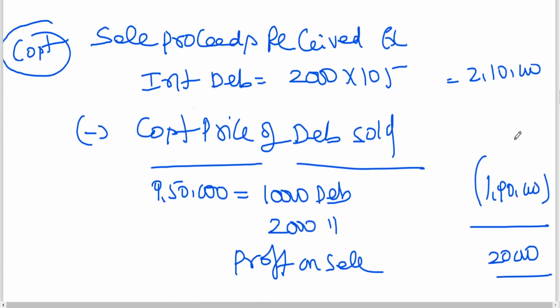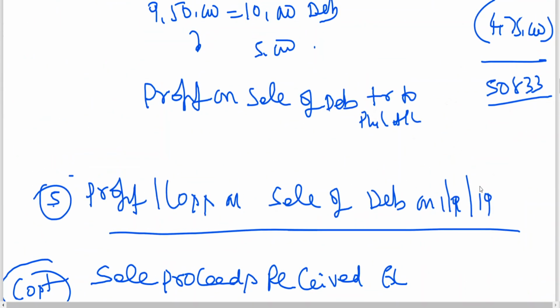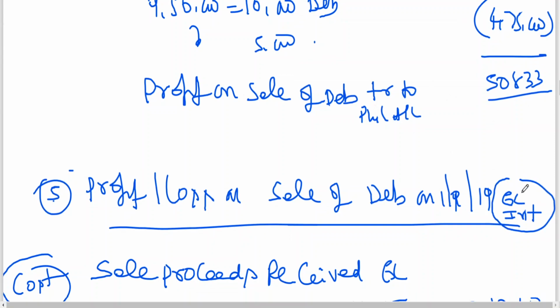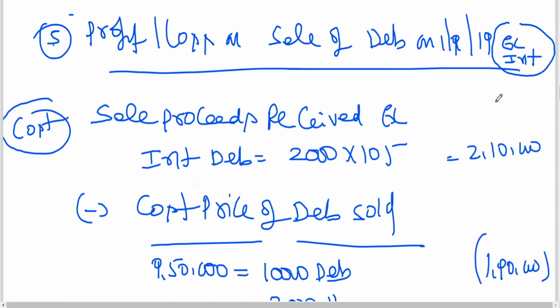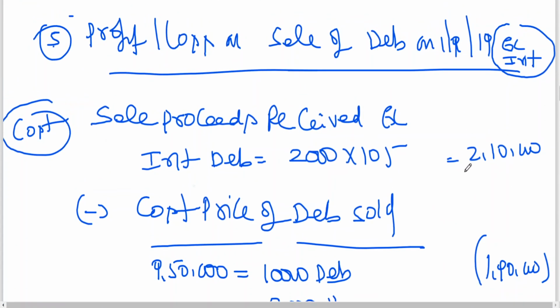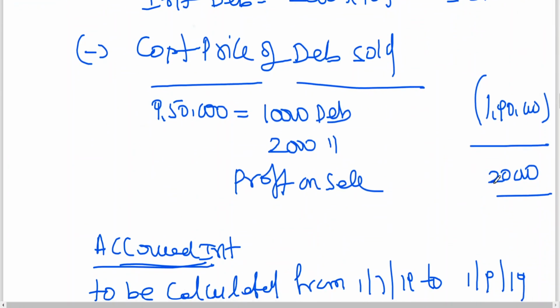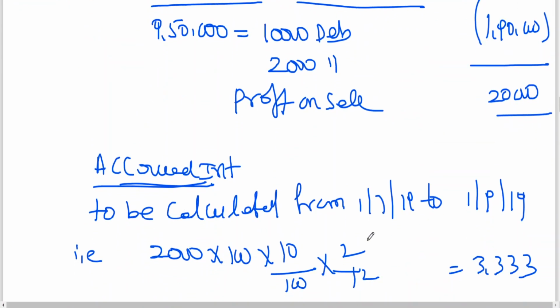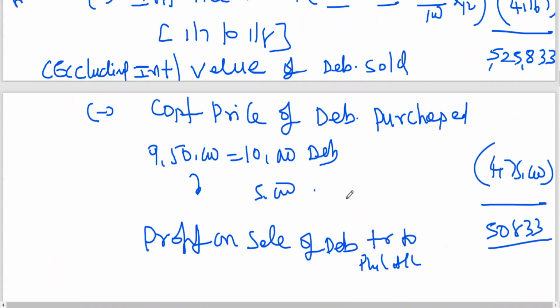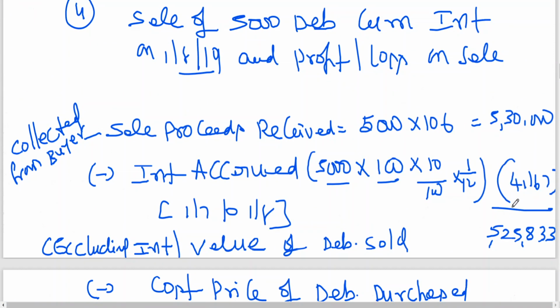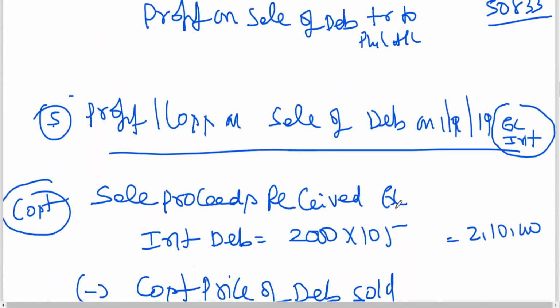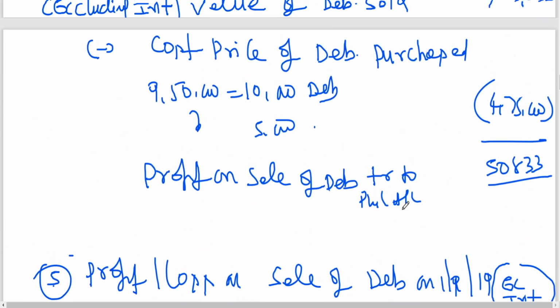Okay. Now this is profit or loss on sale of debentures. This is ex interest, no? Ex interest is not included, so therefore I can directly calculate. Sale proceeds received, ex interest debenture. Then I got the profit on sale. But please, you can see interest is calculated either cum interest or ex interest. For cum interest, before finding profit or loss, you have to calculate interest and deduct it. Even for ex interest you should calculate it, because the interest element is to be taken to the interest column or income column. It is also called the income column.